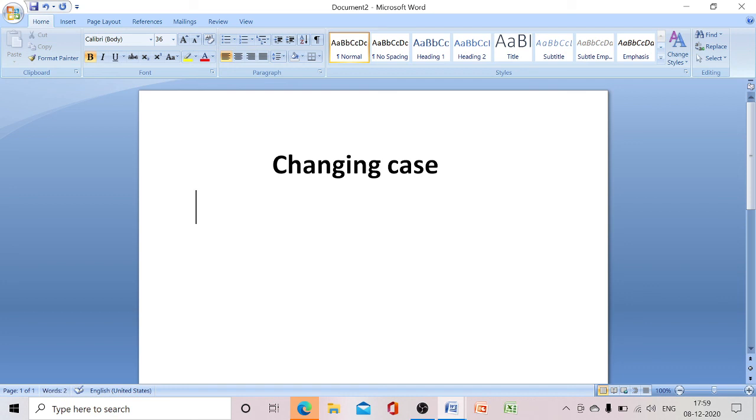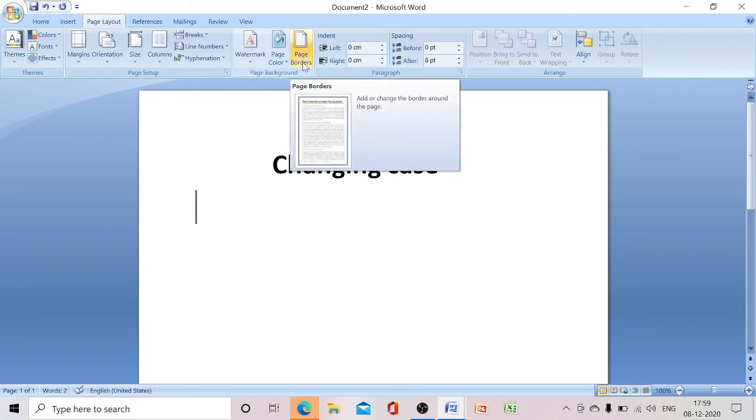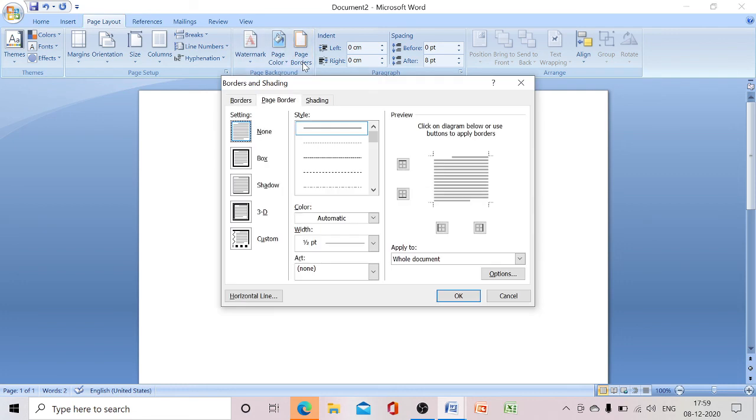And we have two more topics in this chapter, that is page border and page color. So page border, how to make page borders. To apply page border, first we have to click on the page layout tab. Under the page layout tab we can see page border. We have to click on the page border option.